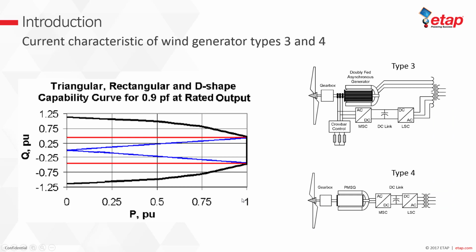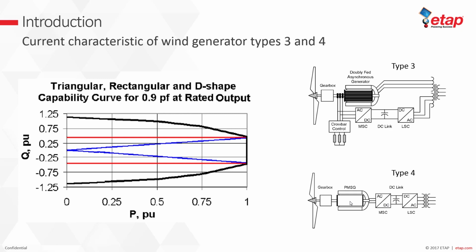Now, we also need to look at the current characteristics of wind generator type 3 and type 4 machines. Type 3 is also known as a doubly fed induction machine. As you see, I have a typical block diagram of how the WTG type 3 is connected to the system. The rotor is connected to the system through power electronics, which allows us to control the active and reactive power. In type 4, the wind turbine is